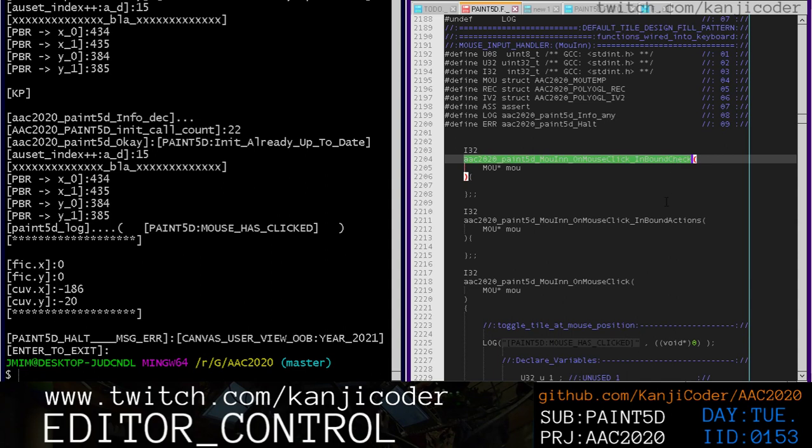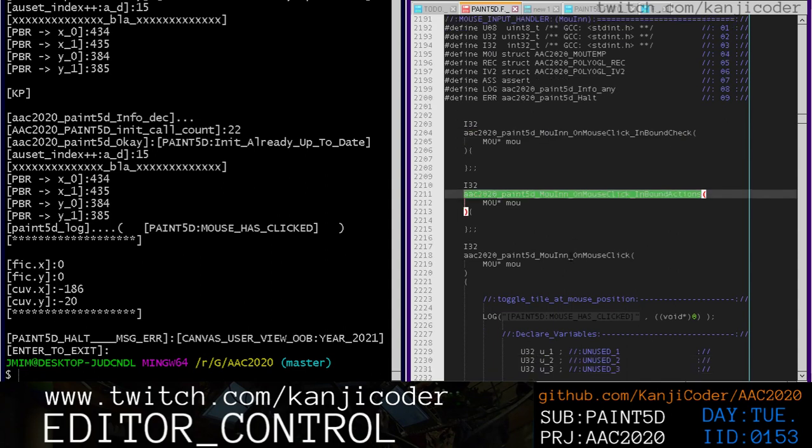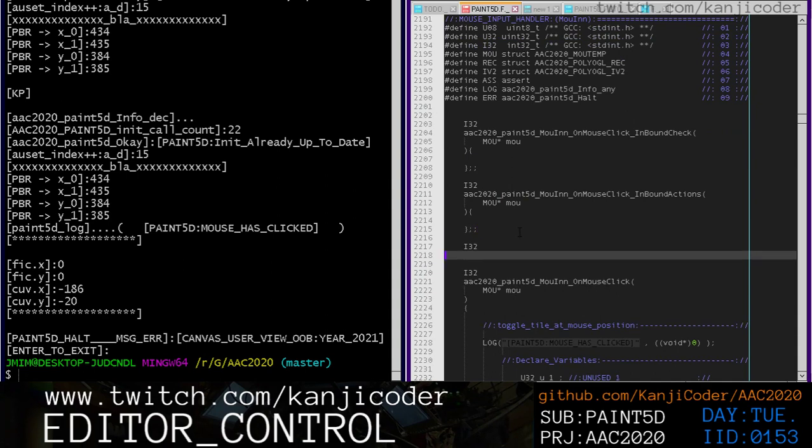So inbound check and then inbound actions, and then we'll have like an int32 AAC 2020 PAINT5D mouse input, and the reason we're breaking this up like this is because